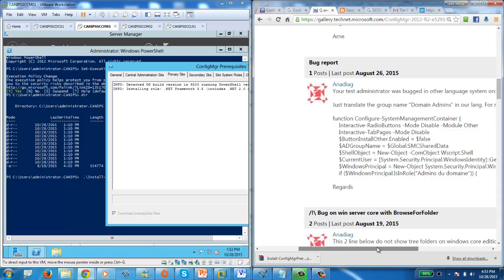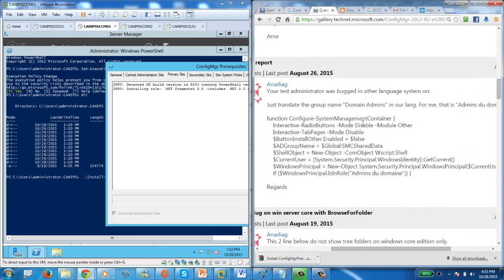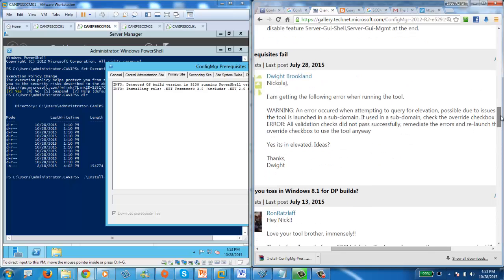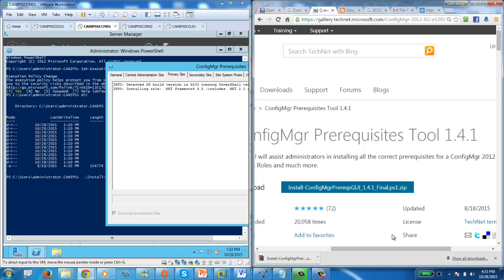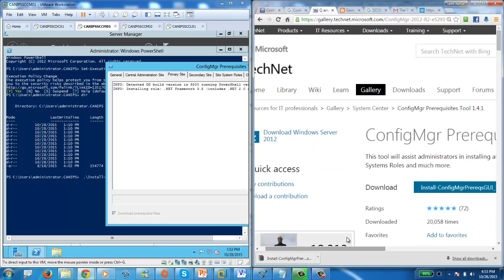So this person is saying within the script there is something called domain admin that is written differently, so we need to change this. Just translate the group name. Oh no, so for us it is written domain admin. I think this guy is a French guy and it needed to be written in French, so for French version of Windows. Let's see how it goes. Overall